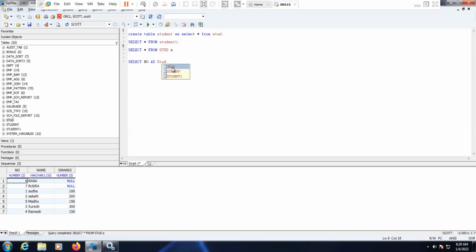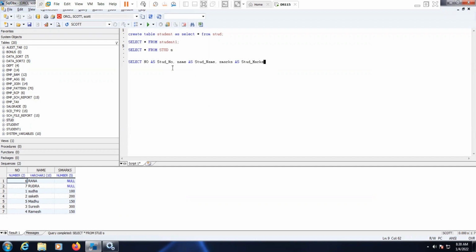I am giving student number, then comma, the next name, student name, comma, and S marks. The syntax for S marks is S marks as student marks.